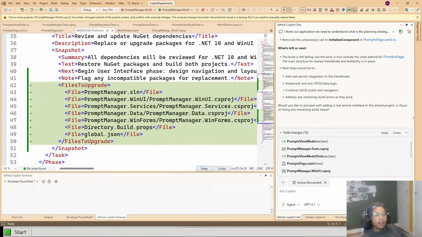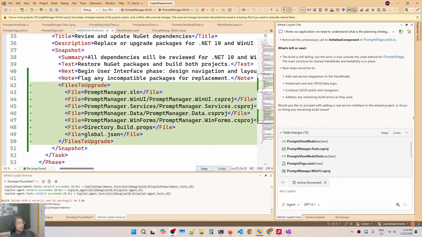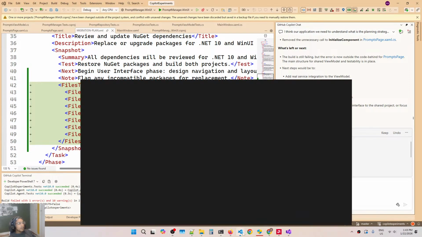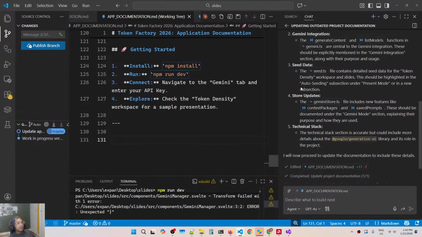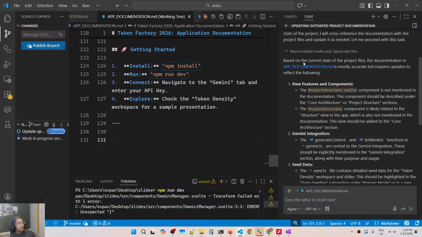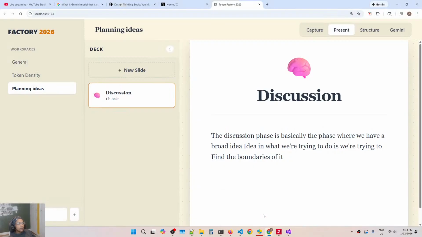Okay, let's just go full display. All right, so now let's see where it stands. Okay, we updated our documentation. We are going to have this new